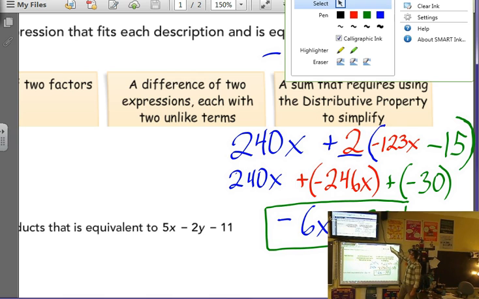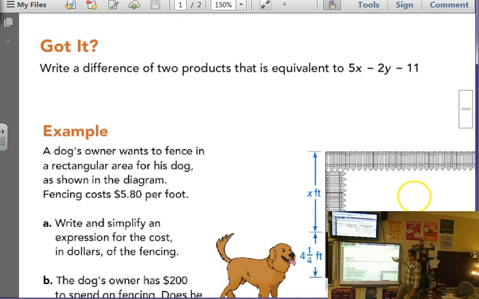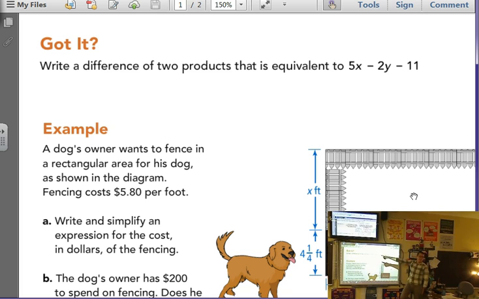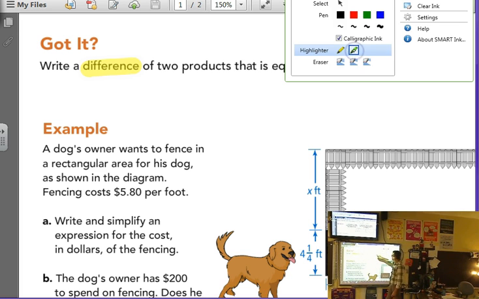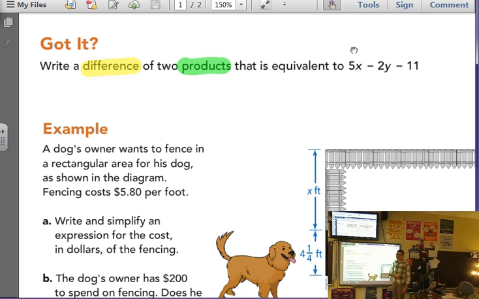You need to write an expression that is a difference of 2 products. So, difference tells me I'm going to have to subtract 2 products. There needs to be 2 different multiplications going on. I'm curious what we get here. Now remember, there are 2 different variable values, so you could break up the variables and break up the constants. So if I make one set my x's, I'm